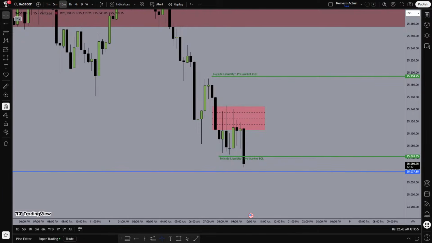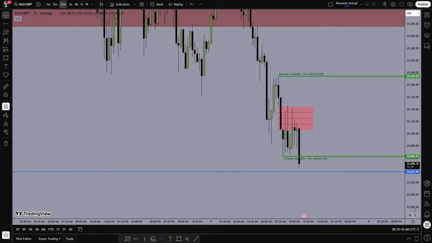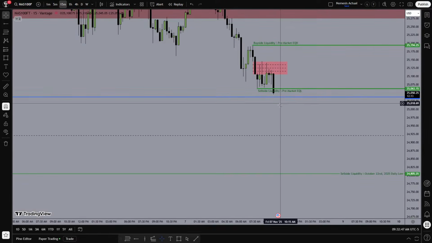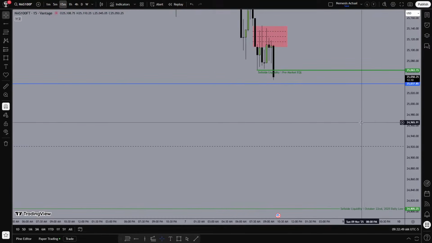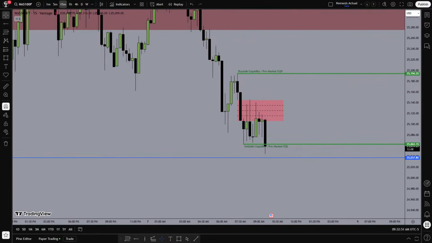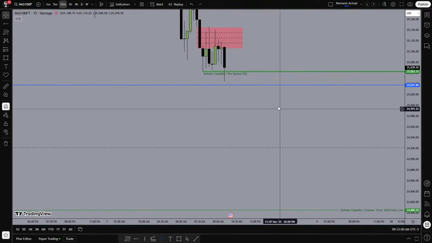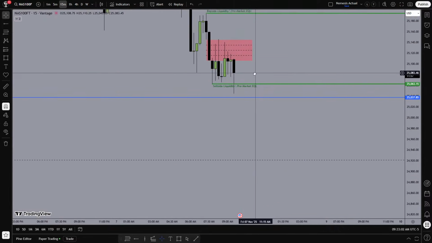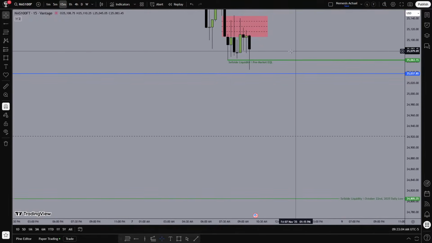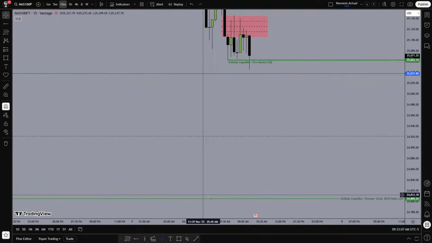So I'm watching how we behave here. There's that rejection block still there, and if it does not show any willingness to go a little bit higher into the opening range gap, because that's what I would want to see, at least maybe this gets taken out. Then if it doesn't, I'll have to be a little bit more flexible and work inside of this